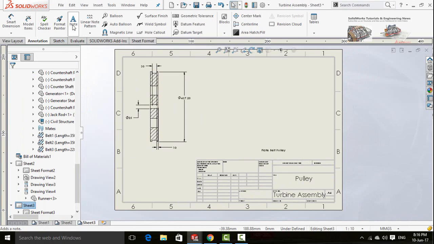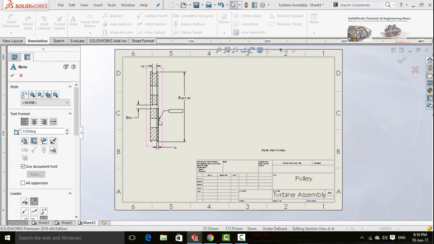To link the text with specific area or part of a model, again select Note and then drag the mouse on that area to link it with the text.